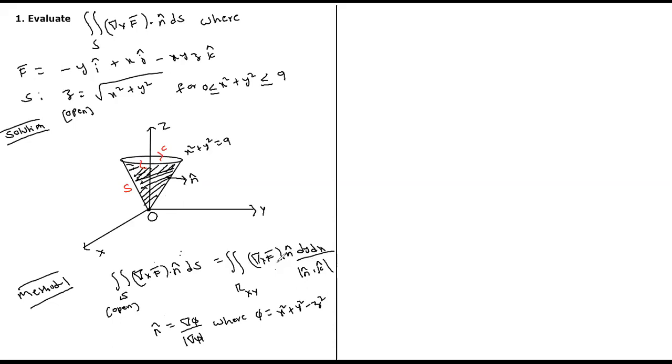When you simplify del cross f bar dot n bar and the modulus of n bar dot k bar, it will definitely contain z. z is under root of x square plus y square, which will be in the denominator. Finding the surface integral in this method is not feasible. It will take so much time. It's not easy to evaluate the surface integral. What is the second method? Because it is an open surface, now I can apply Stokes theorem.